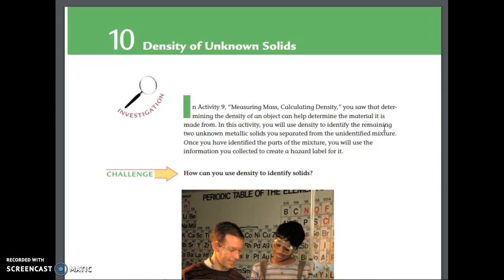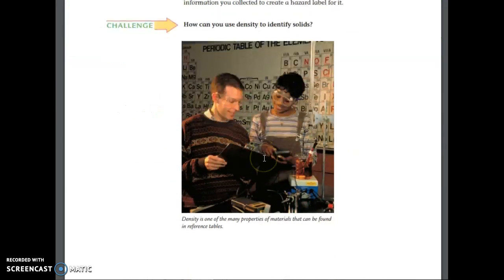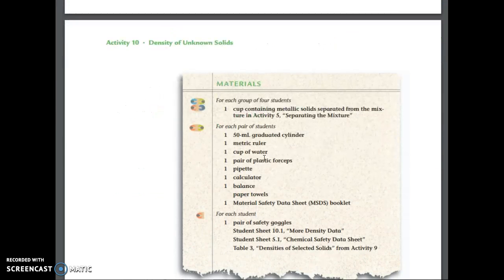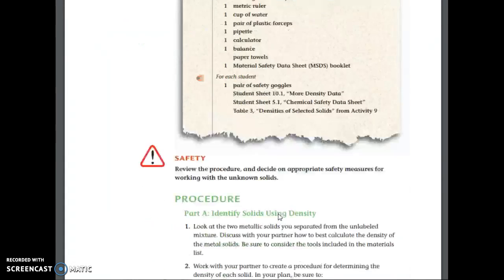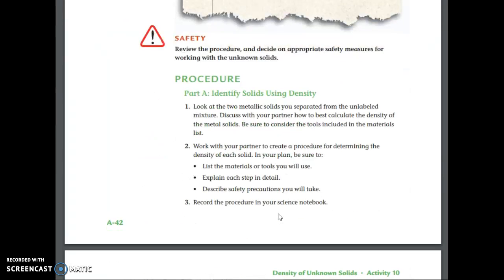Once you have identified the parts of the mixture, you will use that information you collected to figure out the hazards for your unidentified mixture. So you're going to need the separated solids and then the items that will be on the front table for you. Here's your procedure. You're going to separate the unidentified solids,